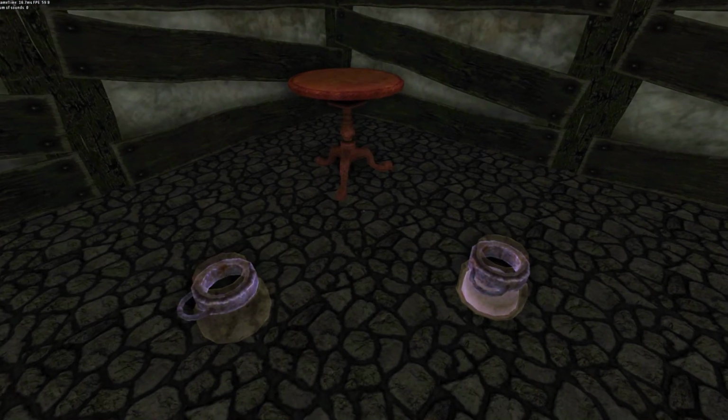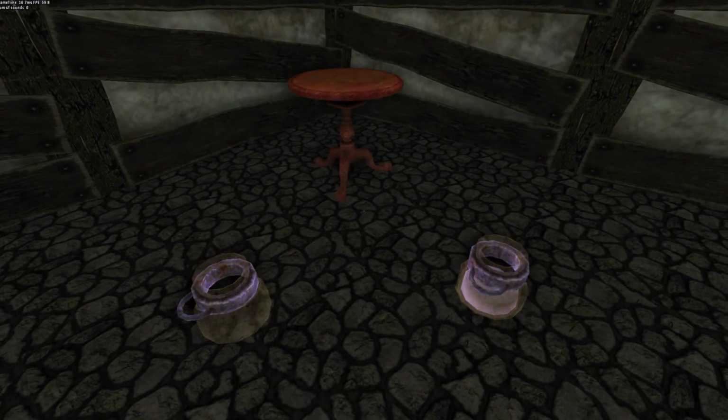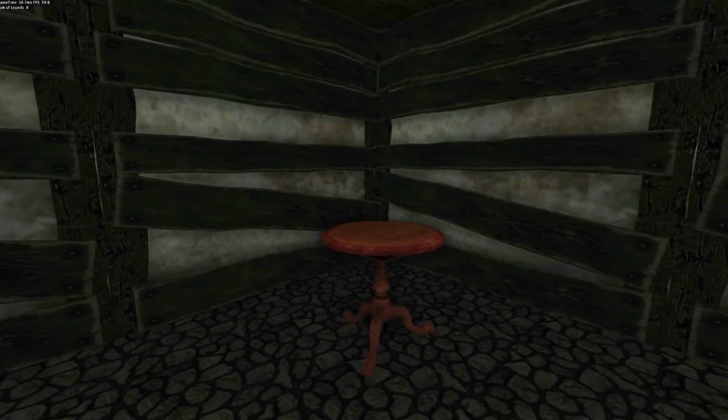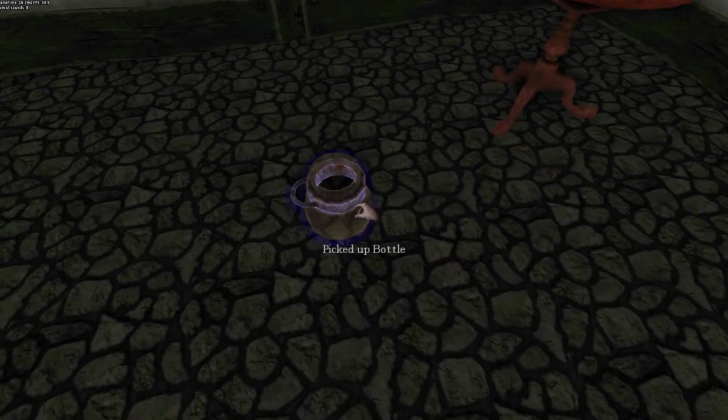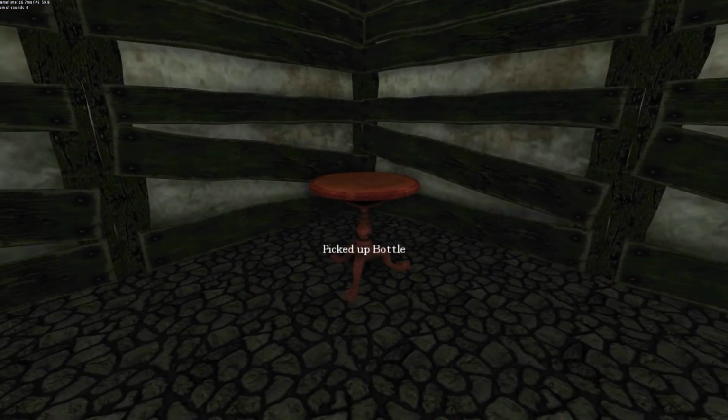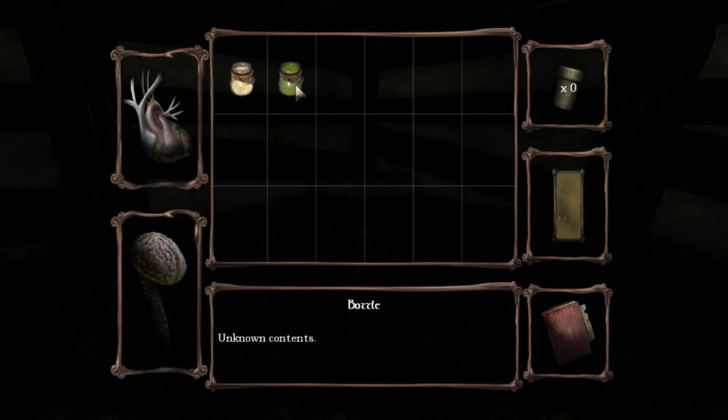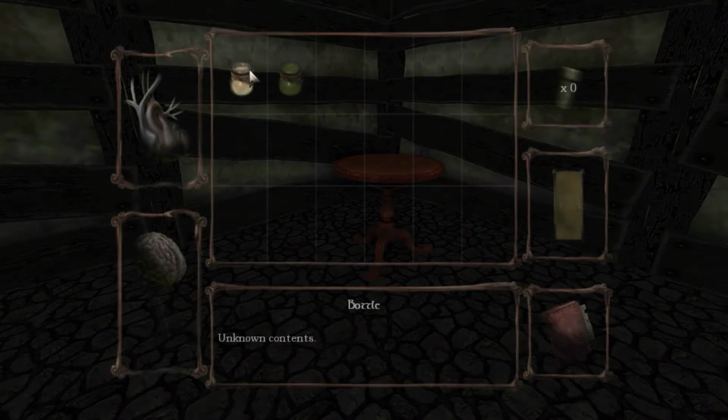There is an inventory HPS file, the level script file, and the extra English lang file if you want to give it a custom name. So now I'm just going to pick up these two bottles. They are two different bottles, so you can combine them by dragging one over the other one. It doesn't really matter which way, like this,